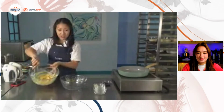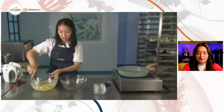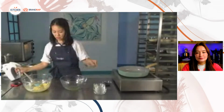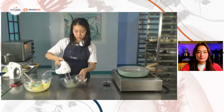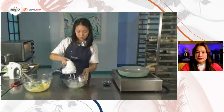Ayan. So, as you can see, yung part na to, kita nyo, hindi na siya liquidy. It's more creamy, gooey because of the US dehydrated potatoes. Yan. So, here, I will put my egg whites. Okay? And then, handy dandy hand mixer. We will clean up. So we're just going to whip the egg whites then. While Chef is whipping her egg whites,